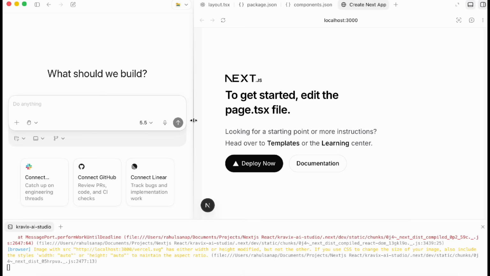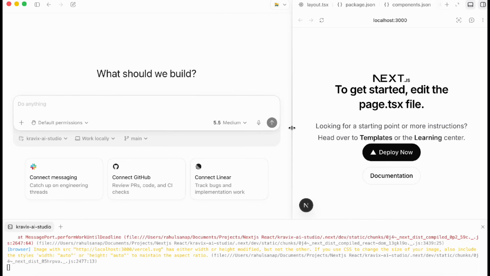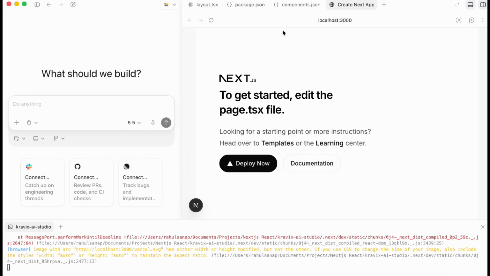Pretty cool, right? It means we successfully set up the Next.js application, then we also installed shadcn, and then we ran our application for the very first time. Now let me show you a quick demo of how to use shadcn components. So for that one,